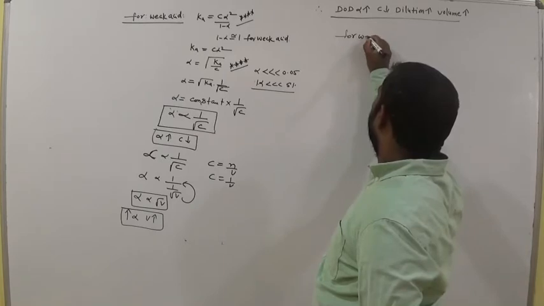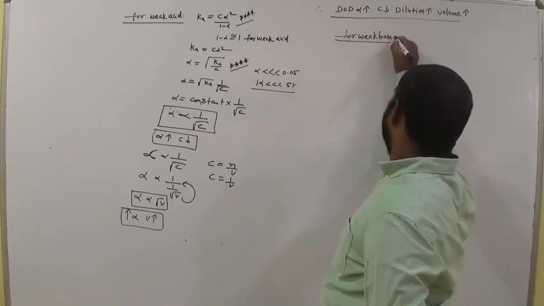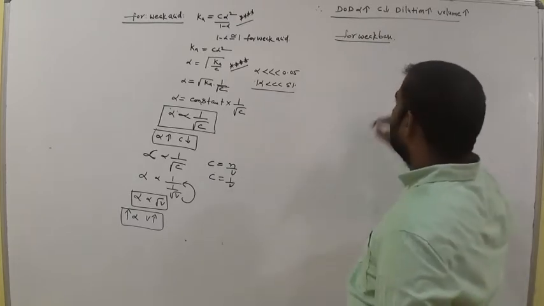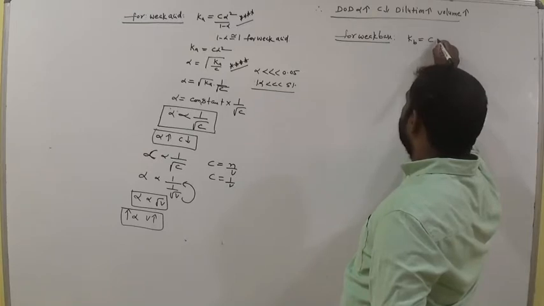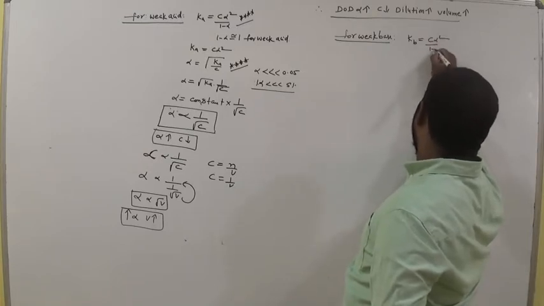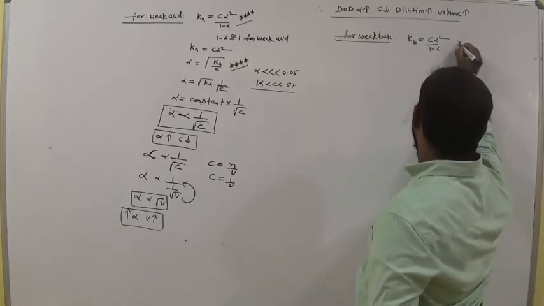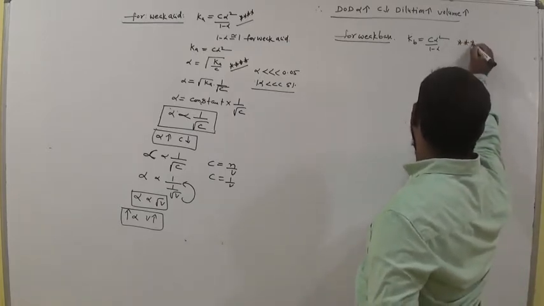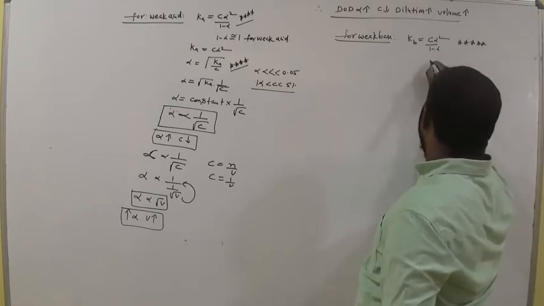For weak base, Kb is equal to C alpha square by 1 minus alpha, where C is concentration, am I right? This formula is very, very important. Okay, from this one, for weak base